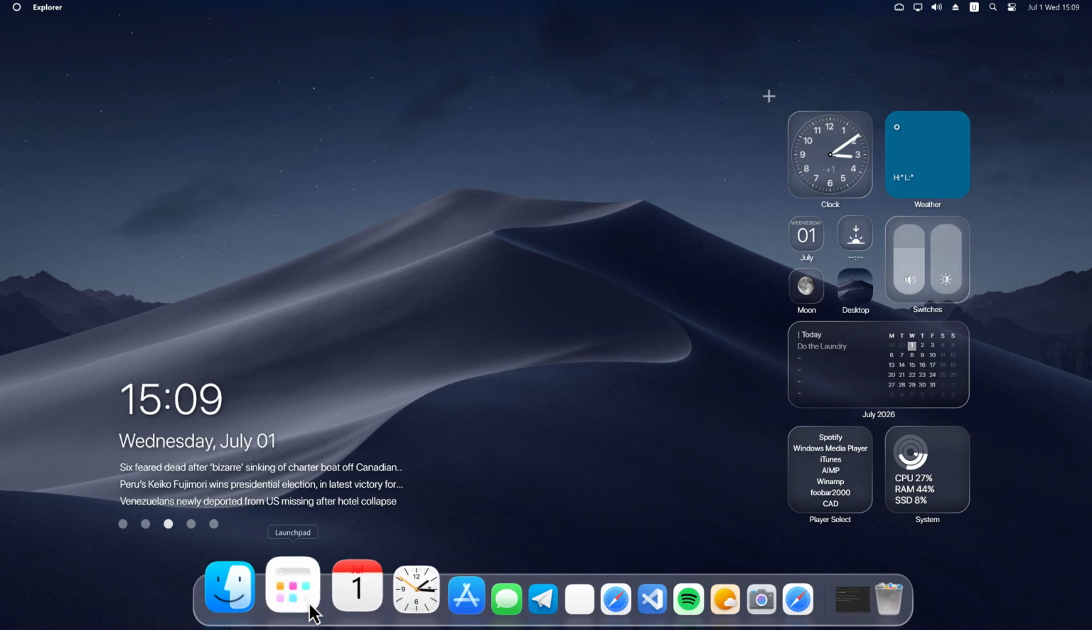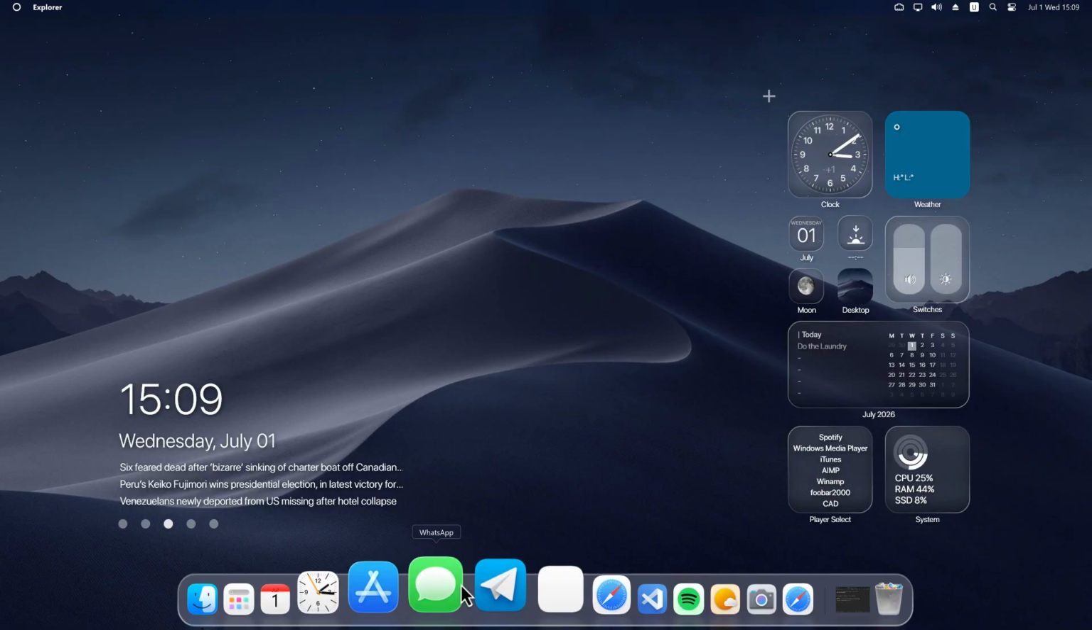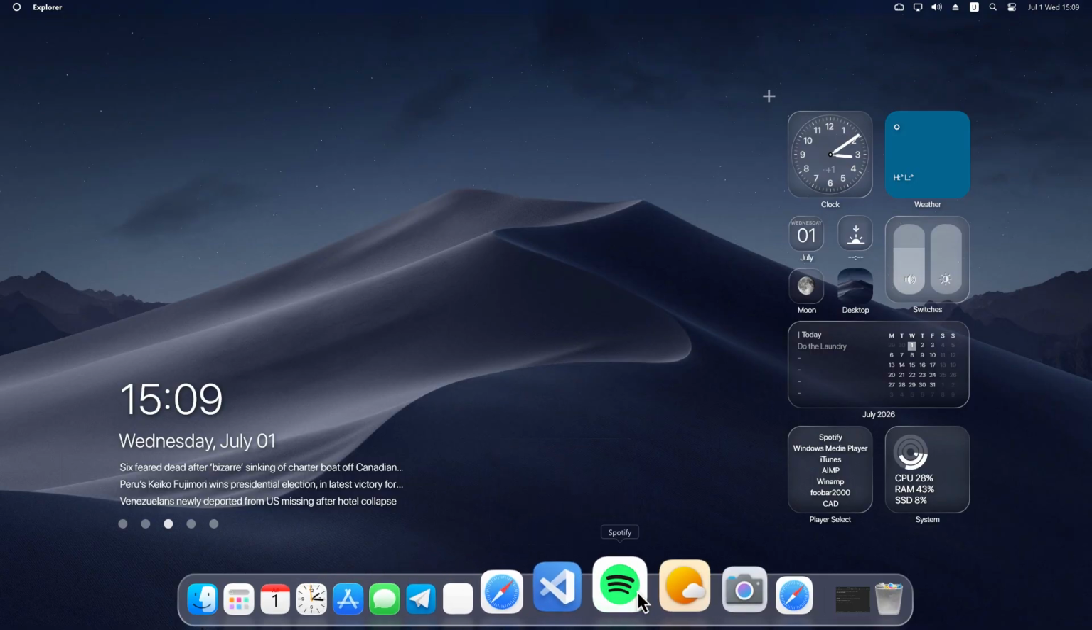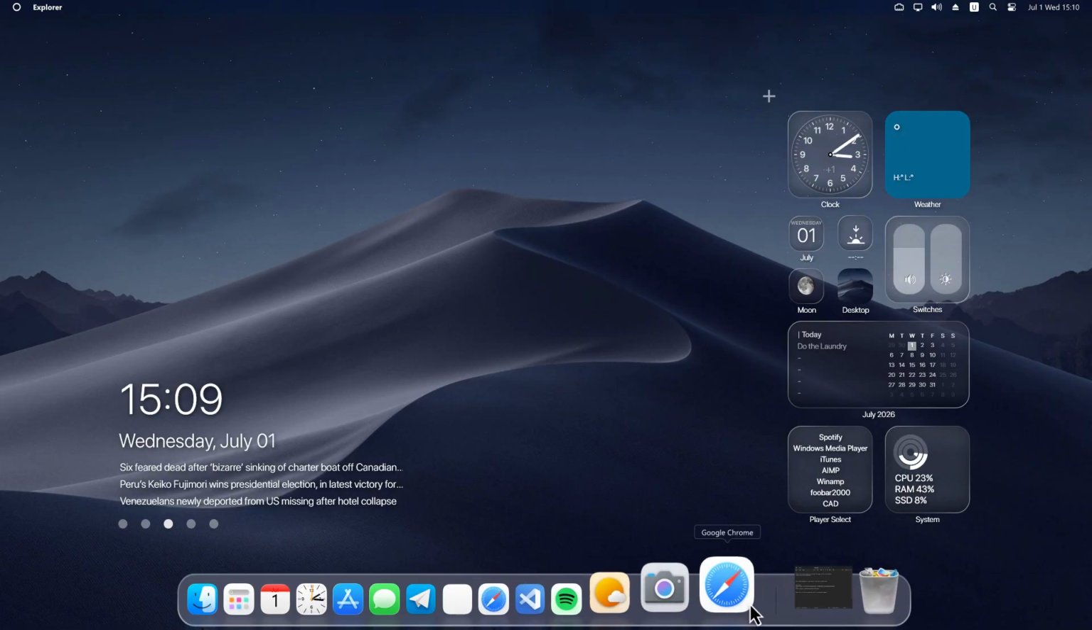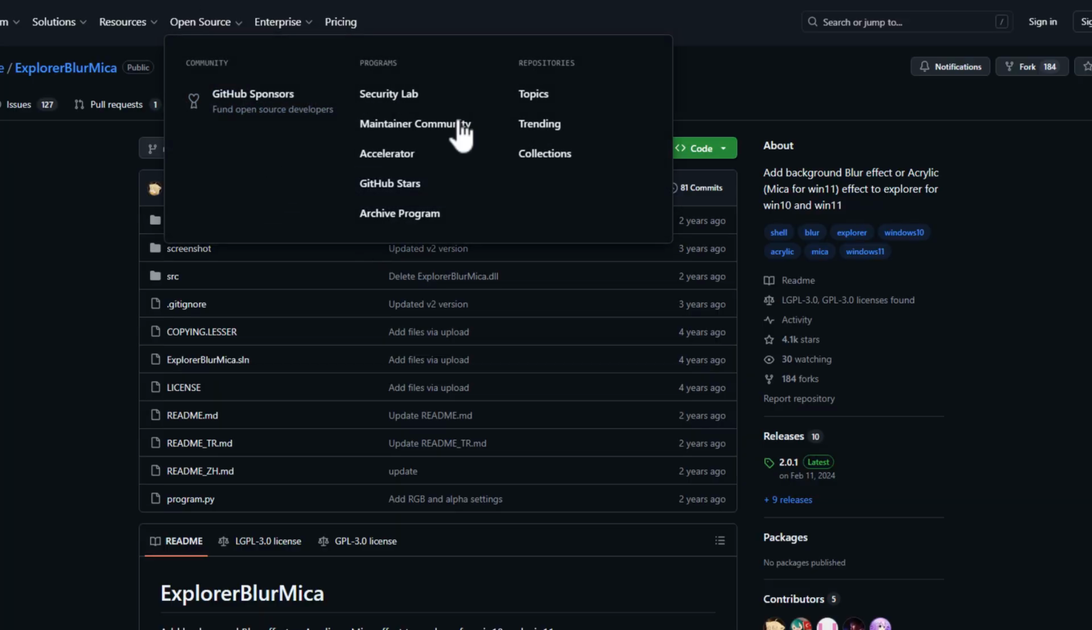Give Windows 11 a macOS-style look with simple tweaks to the taskbar, icons, dock, and theme. No new computer needed. Check my video description for this download link. Download this 300 MB with just one click, and download this